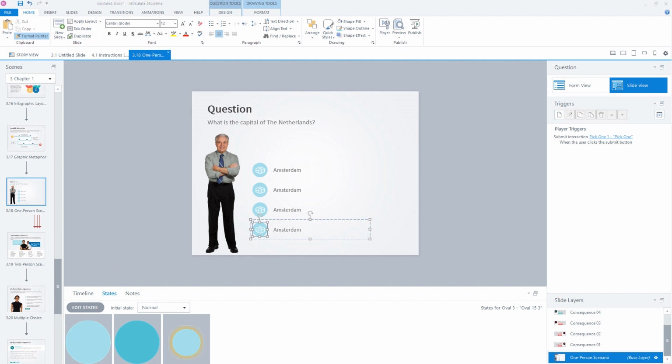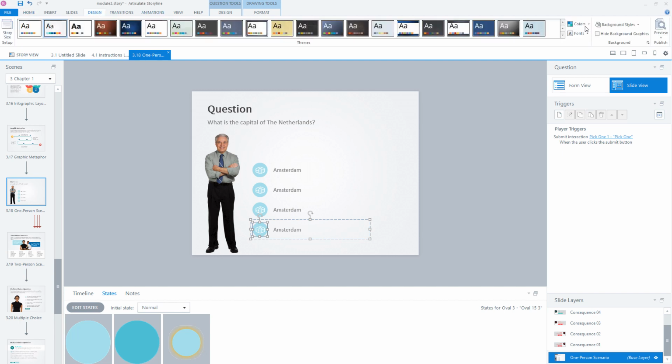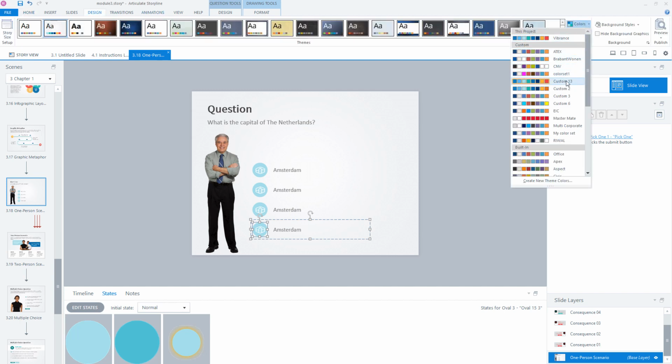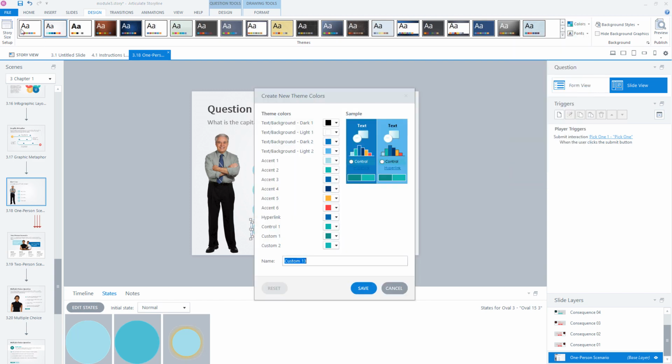So let's continue to the third and final tip. Now, maybe you're satisfied that the selected state has a color, but you're not satisfied with the specific color and it doesn't match the colors of your corporate identity. So what you can do is adjust the color of the selected state in your color theme. Now, to do this, go to your design theme, click on Colors, go to the selected theme, click with your right mouse and click on Edit.